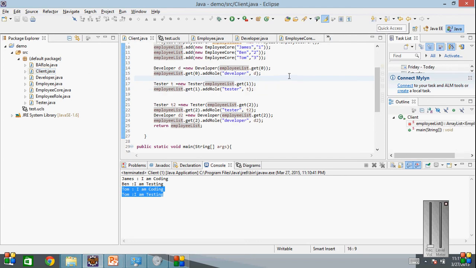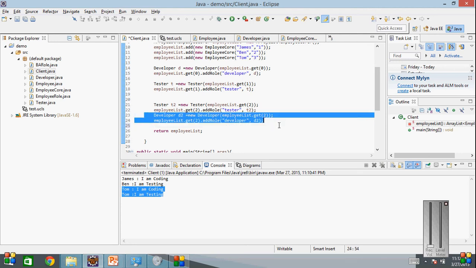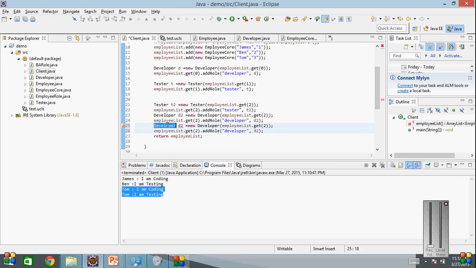So we have the BA role already set. What we do is we add the same person the BA role as well. So we create a BA role object and add that role to Tom,